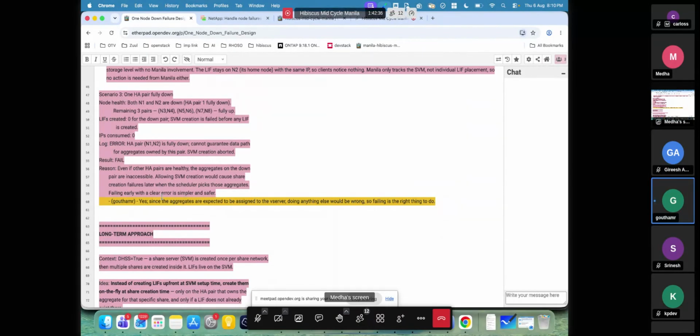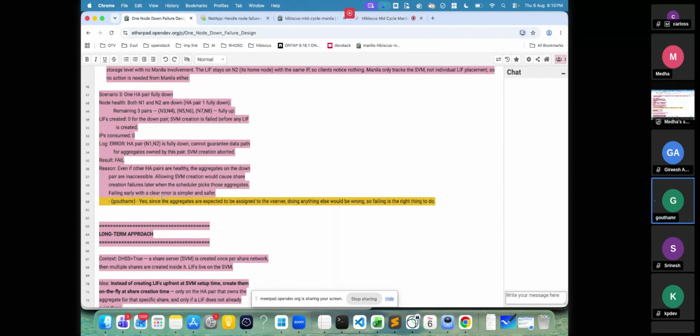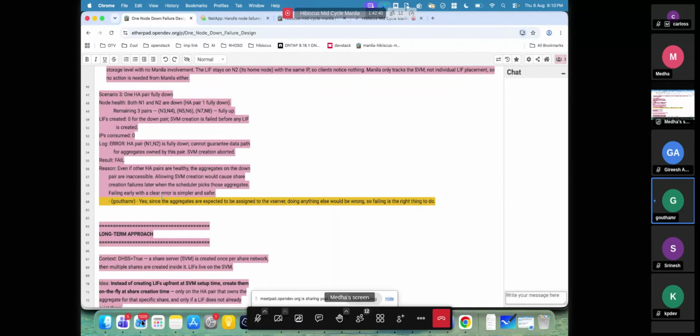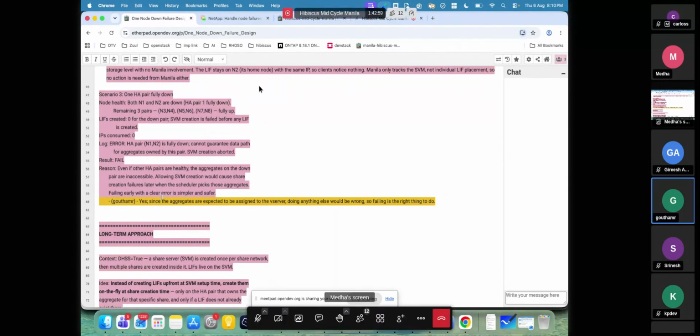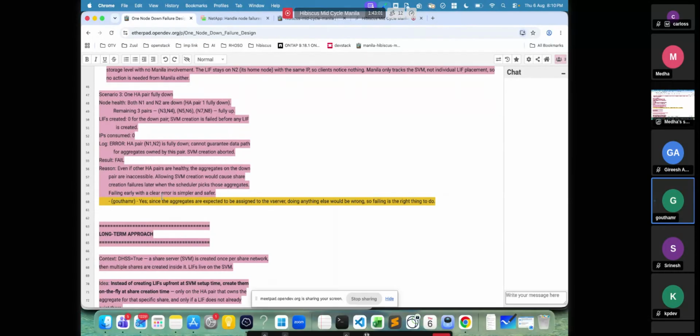That's what we wanted to avoid, in case you had some nodes that were up and then went down and came back up again. Some share servers would get more LIFs, some would get fewer, and you may not even get a LIF for an HA pair at all, which is what I recall was the implementation from the bug fix you had up there. So this sounds better in my opinion, and a good forward direction.